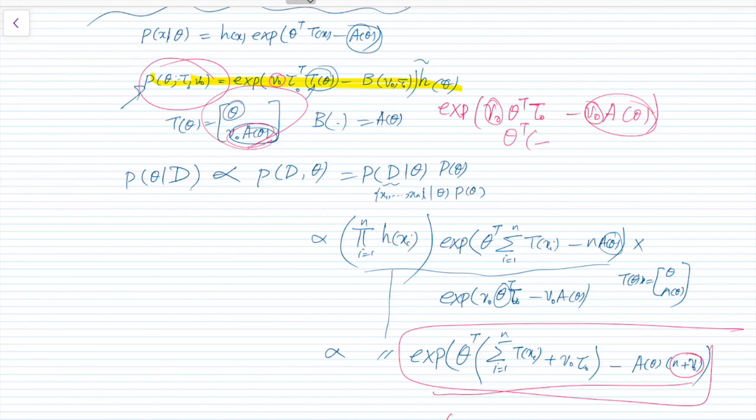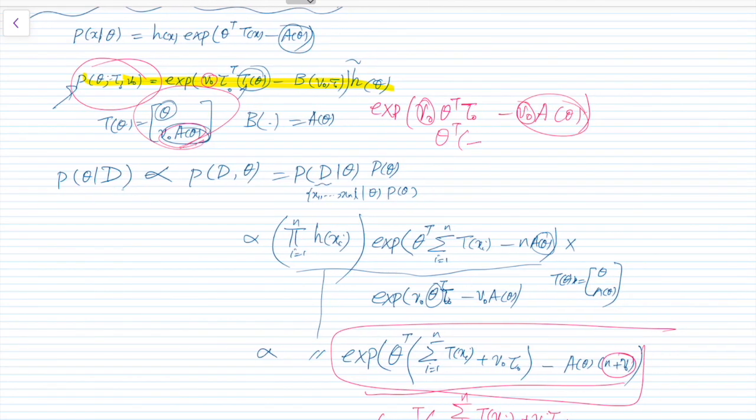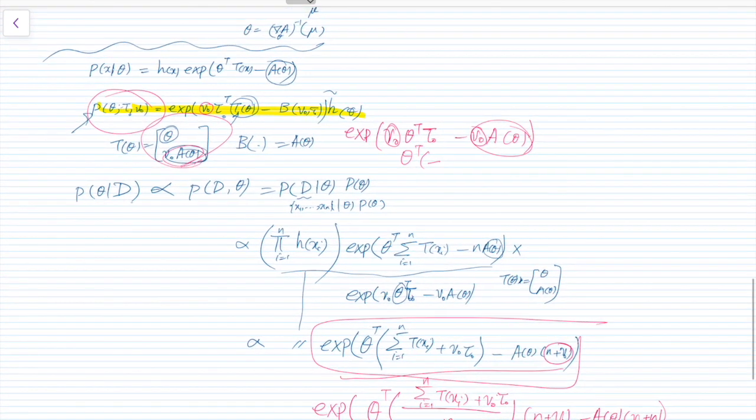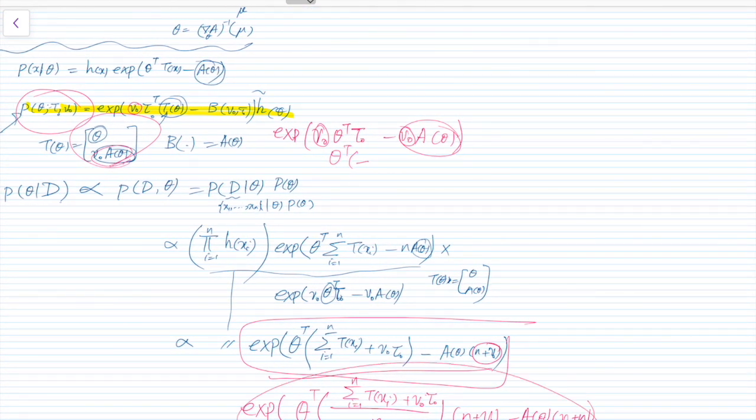So maybe I write it as theta transpose, and I have to multiply it by that again to compensate. Okay, so now this looks like the same term. If their numerators have the same term, I just need to normalize it to get the same family of